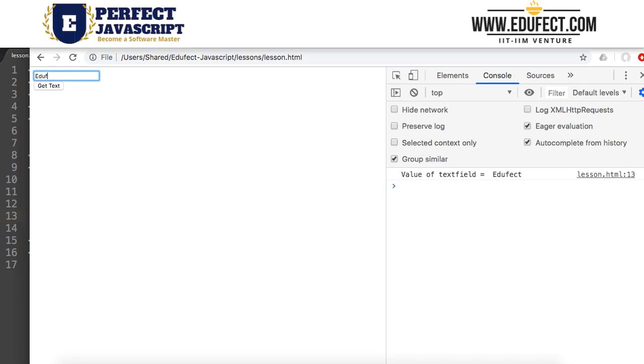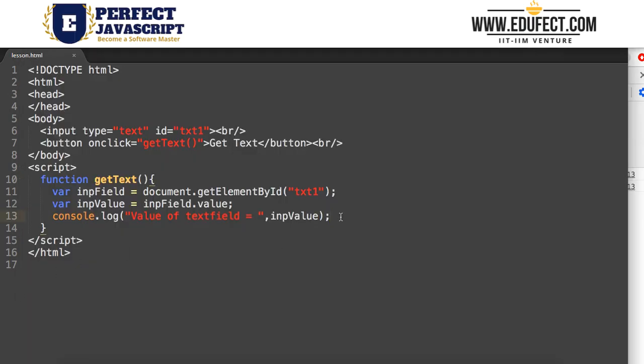If I say here JavaScript and click on getText, I can see on my console value of text field is JavaScript, and so on. If I wanted to just display it in my HTML, what would I have done? I would have created another element.